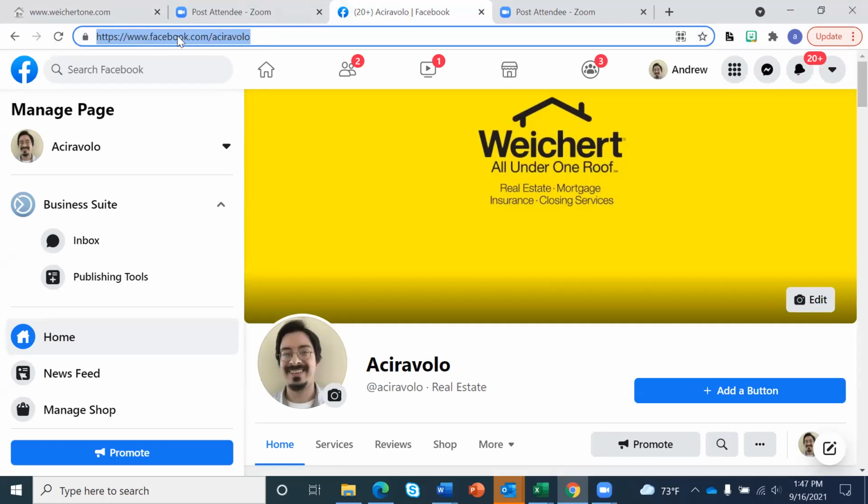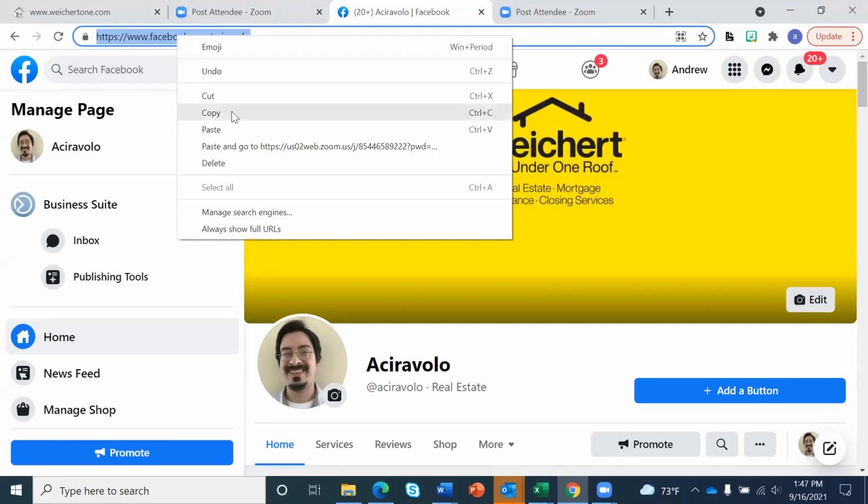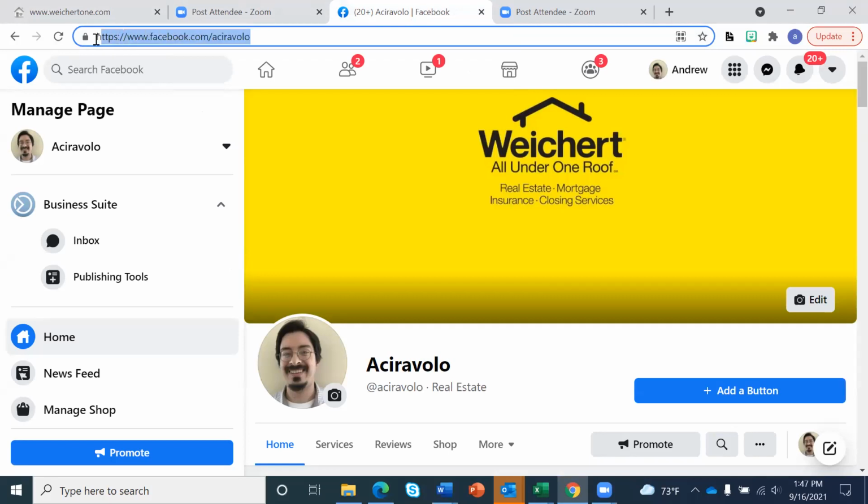and you could copy it. So you could either right click, hit copy, or you can highlight and, for a PC, click Control-C, Control and the letter C as in cat. With a Mac, it's Command, hit the Command button and the letter C as in cat. Any of those techniques copies that URL. And then you're going to go back